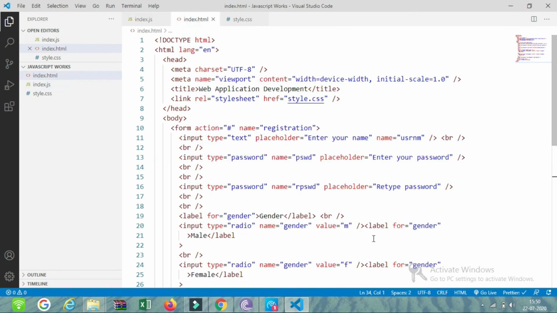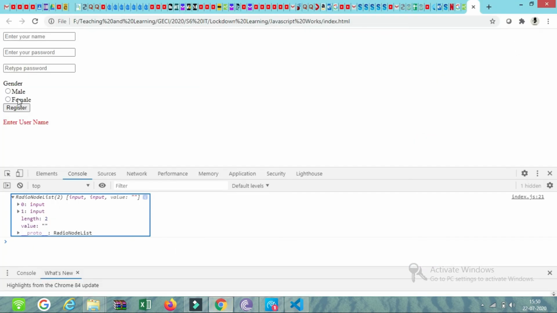Okay, it's fine. What happened here is, for this radio button we printed it in the console window. It got displayed as a node list, containing two input elements representing these two radio buttons. We will check whether this or this is checked.